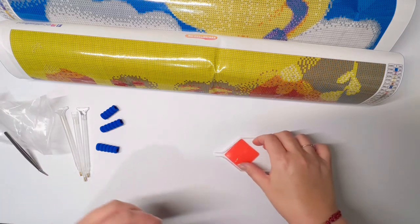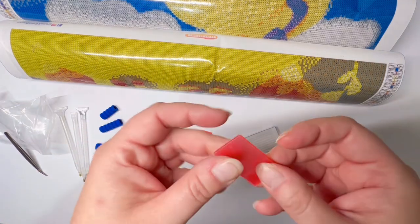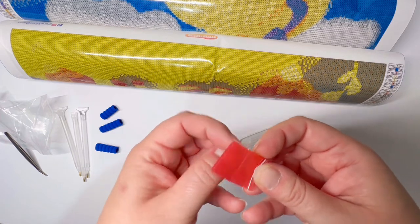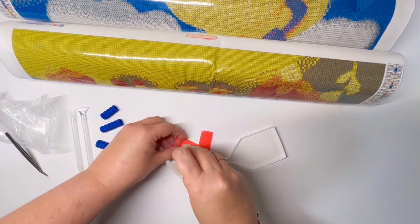The wax. All of the wax I've received has been dead wax from Craft Ease. The last pack that I got was perhaps a little bit better. Okay, so this one you could use. In fact, I'm so confident that I'm going to actually...